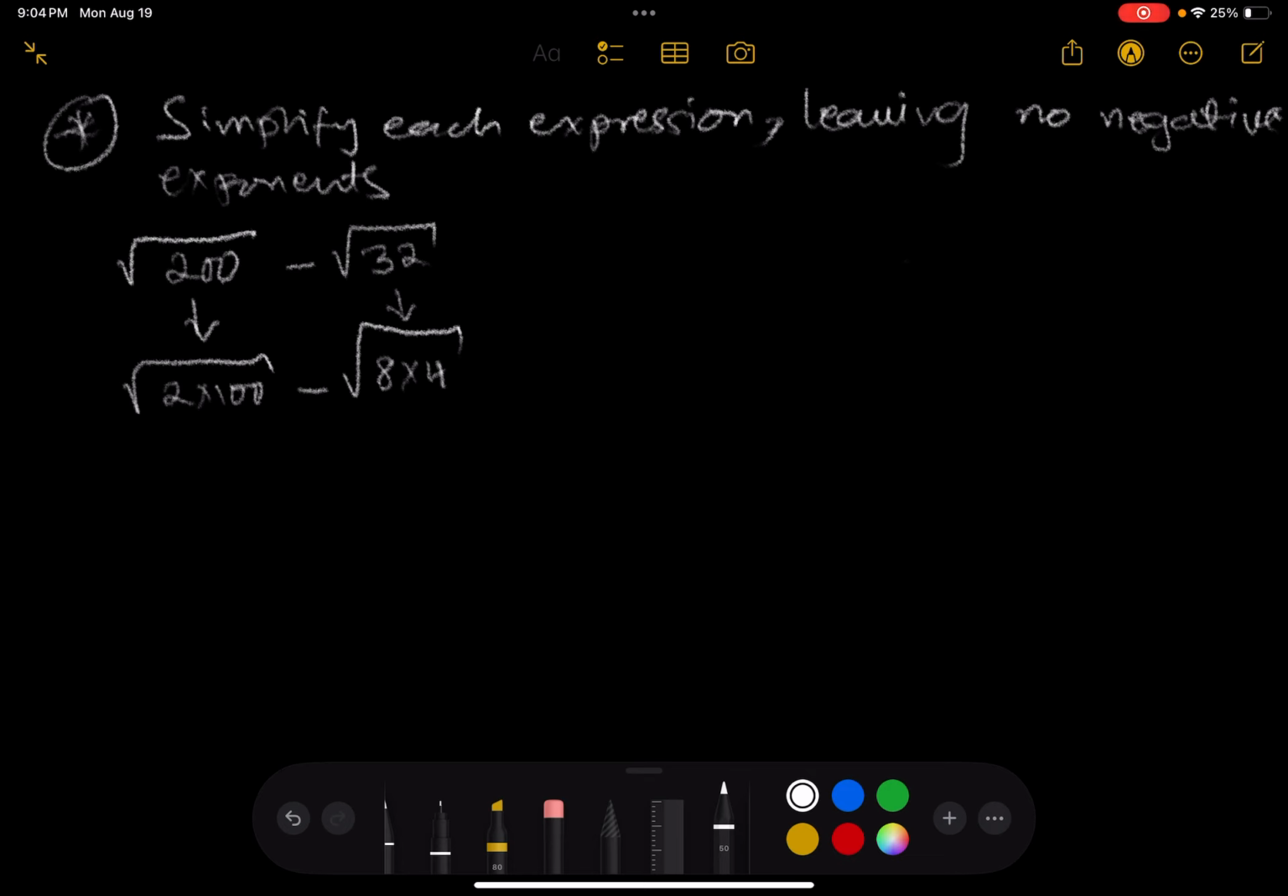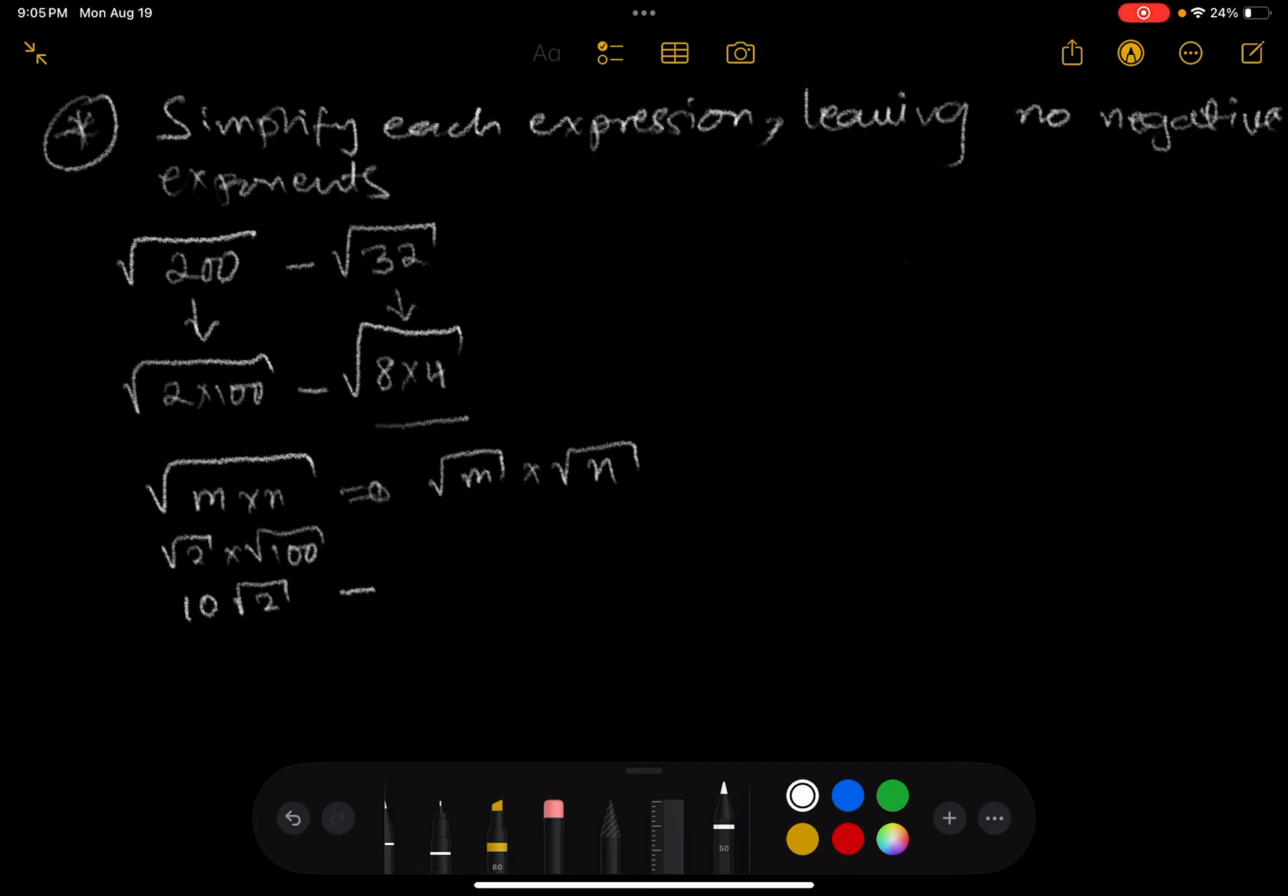So in here, if I use 2 times 100, remember, the square root of m times n is the same thing as the square root of m times the square root of n. So the square root of 2 times 100 is the same thing as the square root of 2 times the square root of 100. And remember, we just talked about this. So what is the square root of 100? That's 10. So you would have 10 square root of 2